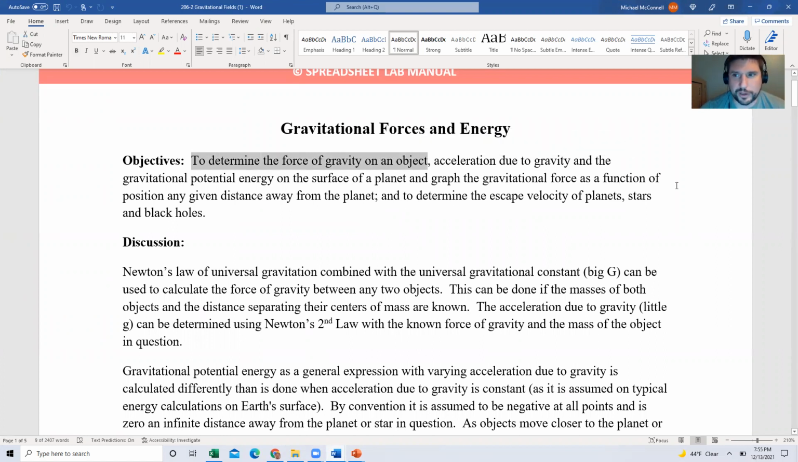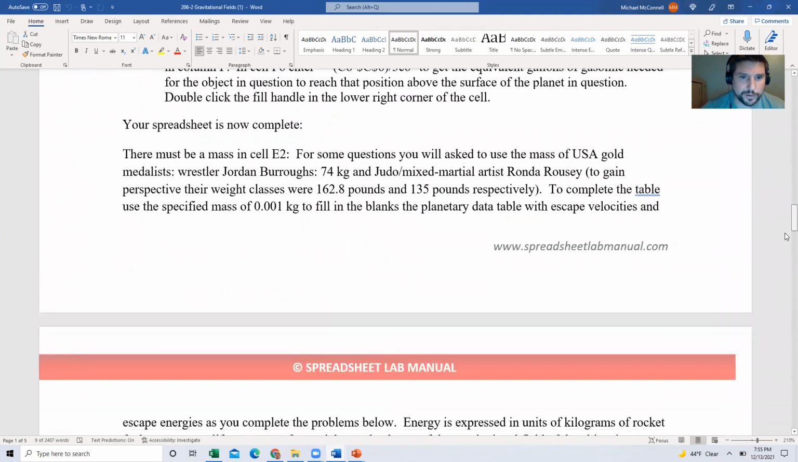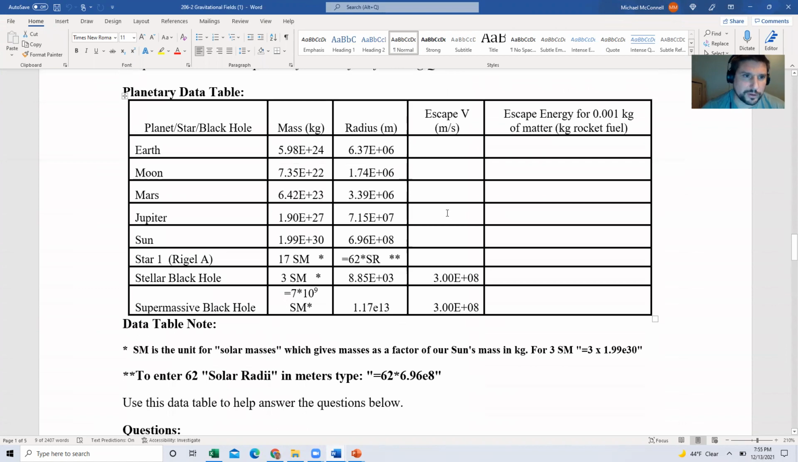And then we'll look at a number of different objects that there's a data table for here, looking at the Earth and then the Earth Moon system, looking at the gravitational field of the Moon, Mars, Jupiter. And then ultimately we'll look at the sun and a star, which is about 17 times the diameter of the Earth, Regal A. 17 times the mass of the sun and 62 times the radius of the sun is its